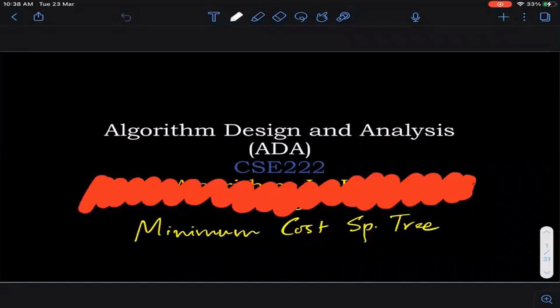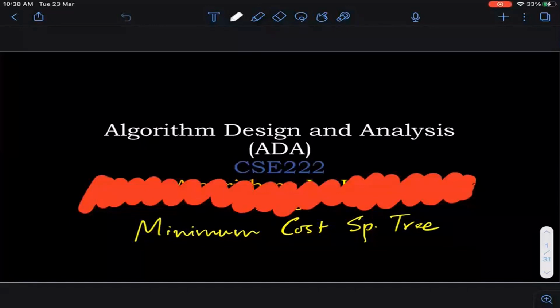Okay, so minimum cost spanning trees. This is something you already have seen. I'm sure all of you know about these algorithms that we are going to talk about. But then again, I realized it's often good to revisit these things, because different people have different ways of exposing the algorithm. So maybe I have a different way of doing it than you have seen before. And more importantly, we would be doing the proof of correctness in much more detail than what you might have seen in one of your previous courses.